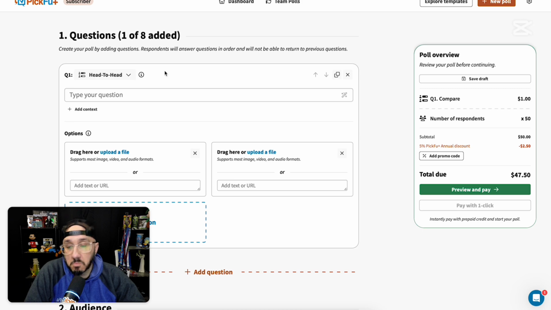Sure, I can help with that. So you want to run a poll on PickFu to compare your main image with your competitor's main image, but you don't know how to set it up. Is that right? Yeah, I want to take my main image versus their main image, but I don't know how